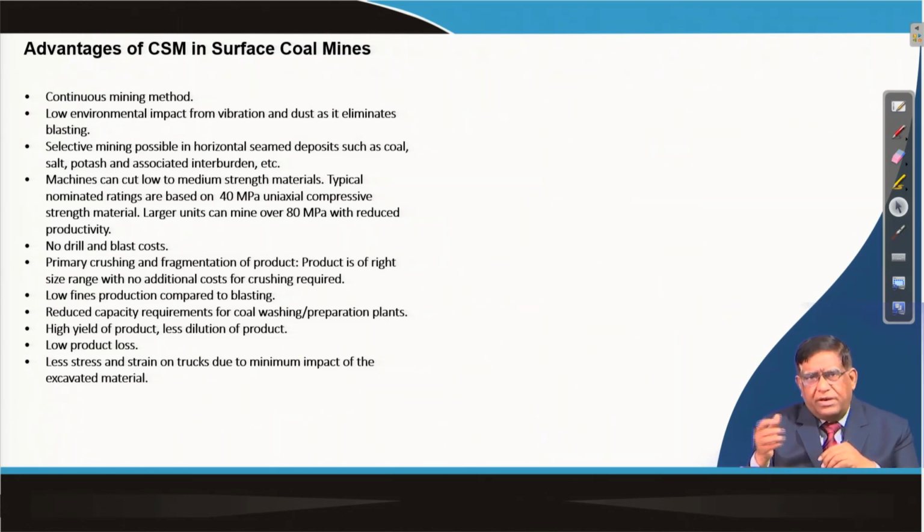In many of the other mining methods with drilling and blasting, we really leave a lot of coal in the site, which ultimately gets burnt, and that is a loss of property as well as introducing some environmental problems.